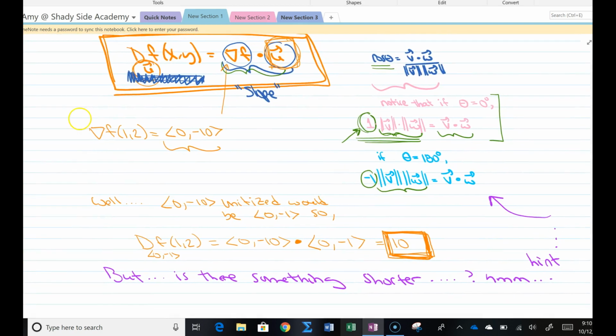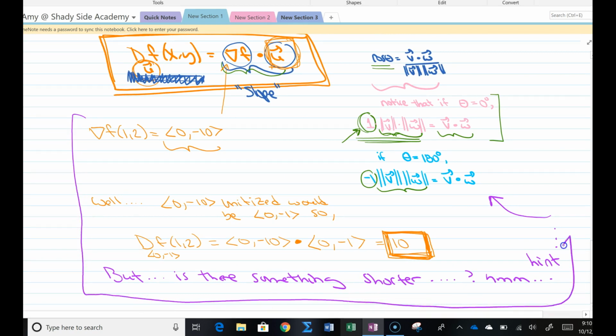Okay, folks, so what I did here, I worked it out, and then I leave you with, what is that called when you end something and you want to keep people on the edge of their seats? Oh, I leave you with a cliffhanger. It's not even a major cliffhanger, but here it is. This is the answer. That would be the max elevational change. And I say, but is there something shorter? Hint, point. Okay? All right, I put your homework on the teacher page, and there is a quiz on Monday